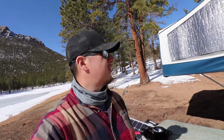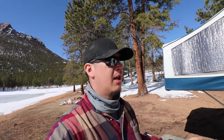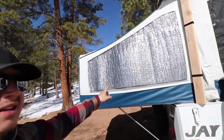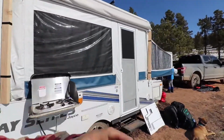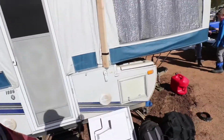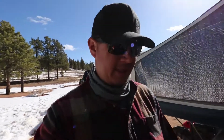So the second thing that we do to make it a little bit more comfortable in the camper, we have the heater running as needed throughout the night. But in order to preserve propane and to maintain the heat inside the camper, I made these foil insulated panels that are on all the bedsides, all the way around the camper. And these just help to keep the heat in, the cold out. And they're pretty cheap. It wasn't a very expensive mod, but it is something that I like to use